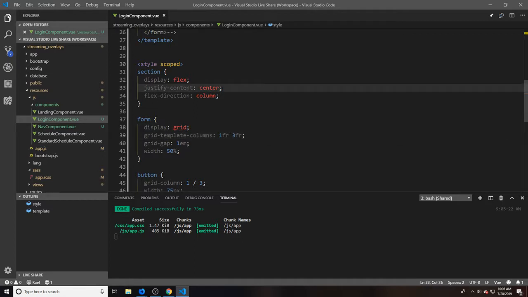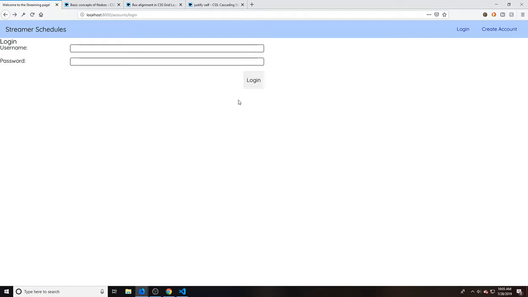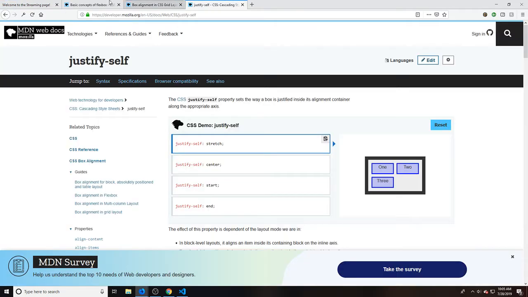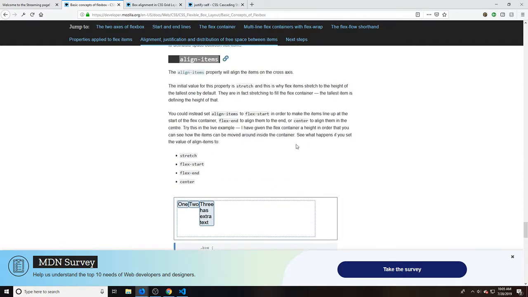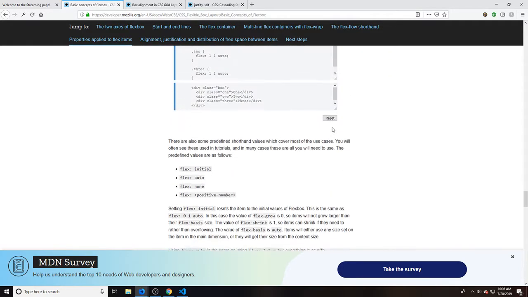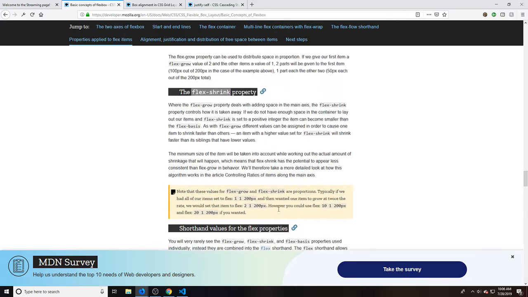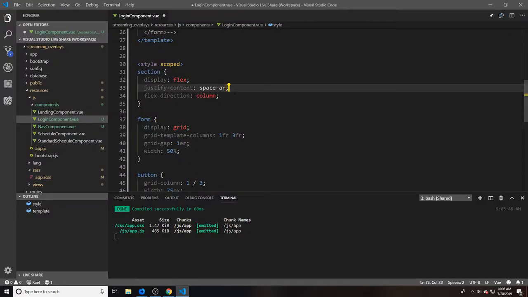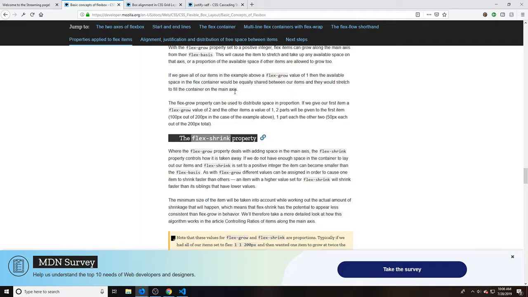I thought justify center was the justify content center. What if we did this? Or something like that, space around or space between. I don't think that's exactly what you want. Is it space around? Let's try this one. Nope.